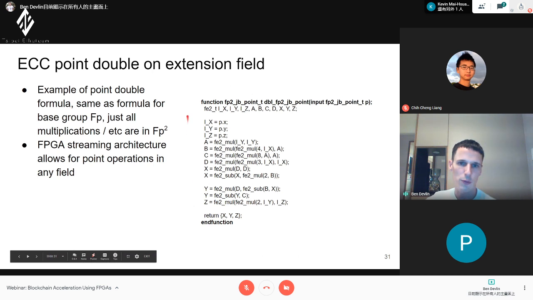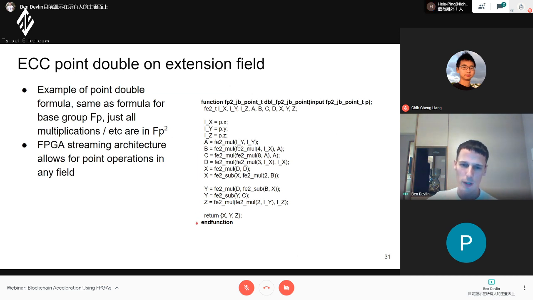This is an example of a point doubling on an extension field. On the FPGA, this is a System Verilog function which we use for verification. We've detailed the algorithm we want to implement, and we can check this as our golden result. But the FPGA will also implement very similar things.